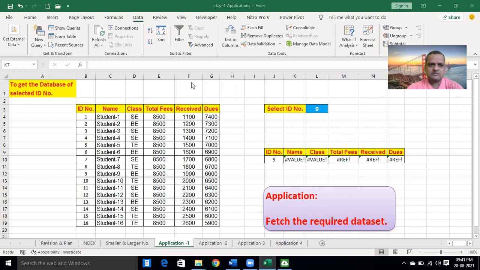Yes, sir. Same. Okay. So if we select ID number 9, meaning student number 9, with values 85, 100, 1900, 66, 100, that number is not available here. It shows an error. What is the reason behind it? Because you see here,